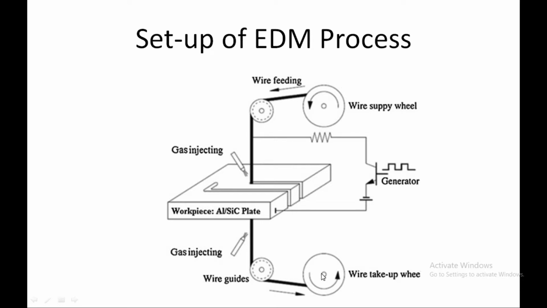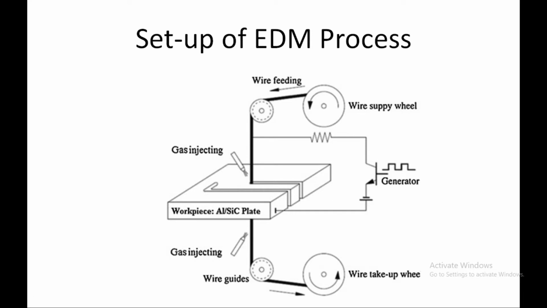In this wire EDM process, there are many important factors or parameters. First of all, the wire tension is a very important parameter. Another important parameter is the wire speed. Next is which type of wire you are using for this machining process, which is also very important. And next, voltage and current also have a great impact at the time of machining in the wire EDM process. So this much about the construction of the wire EDM process.